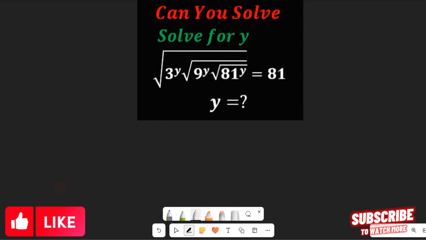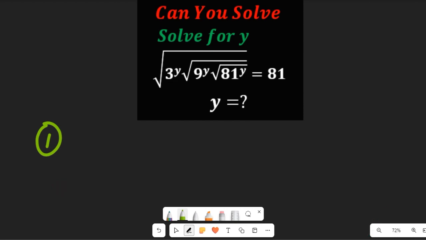Now let's get started. The first approach, I will take it as approach 1. In approach 1, the first thing we are going to do is simplify this by expanding the expression internally. From that expression, we can see that all can be in the same base. So we're going to have the square root of 3^y,